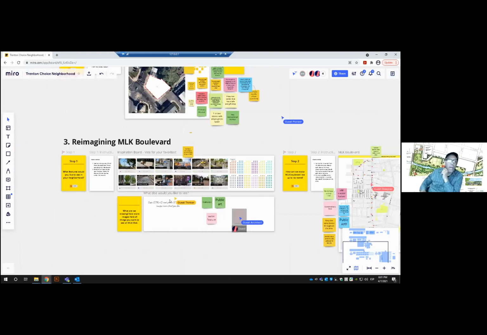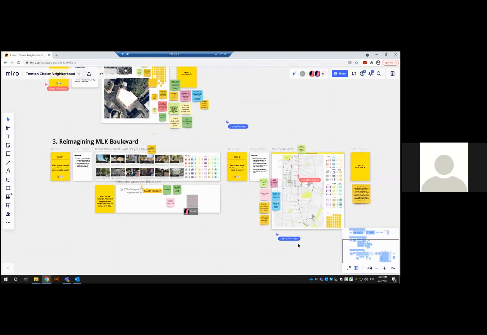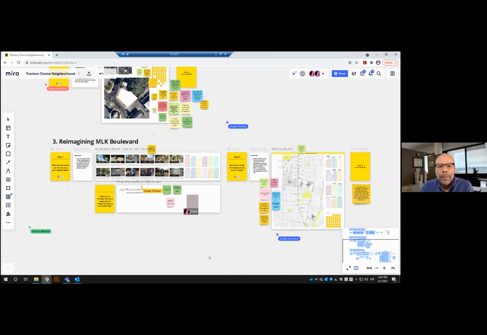I would like to try. How much more do you have to do? Well, it depends on if everyone feels like they've exhausted their input, or if people feel like they still have some information they want to provide. I'd like to do the exercise and put those places where I think they should go on the boulevard, but I'm not quite sure how to place them on the map that you have.